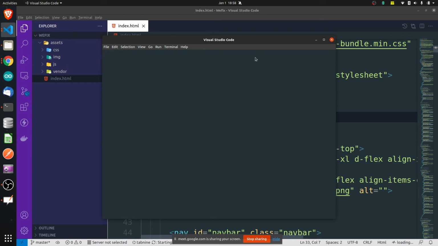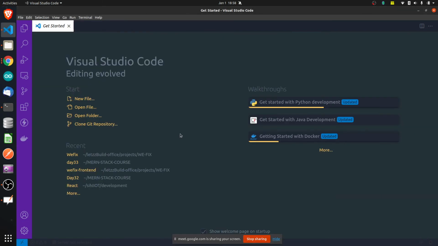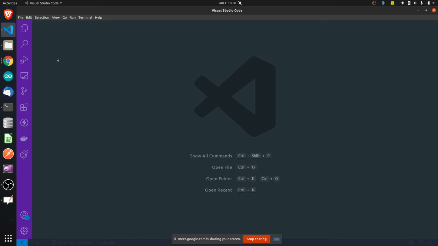So let's close this project. I don't want that project, I want a fresh new window. So I have created a new window here. See, this is a blank window. This is how you will also get it. If it asks you to trust and all, you can just click on trust. This is how you will get a blank window if you are opening it for the first time. Because I was working on a project, it opened the last project I was working on.